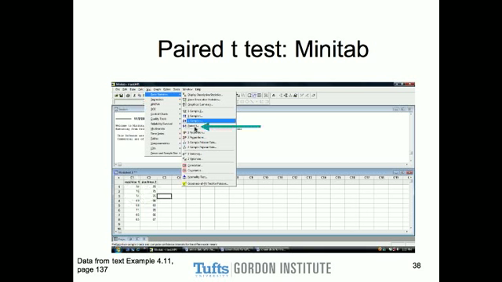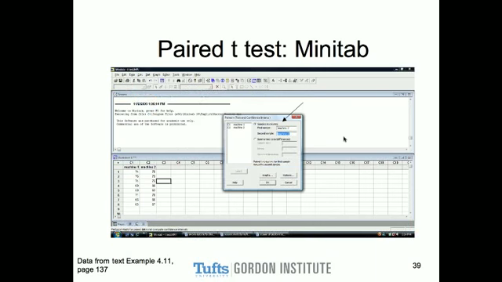But what we're going to do here is select the paired t-test. All right. And this dialog window opens up, and we're going to select this radio button here, samples in columns. All right, so we're going to select first sample, machine 1, we click on that, second sample, machine 2, and we click that over. All right,